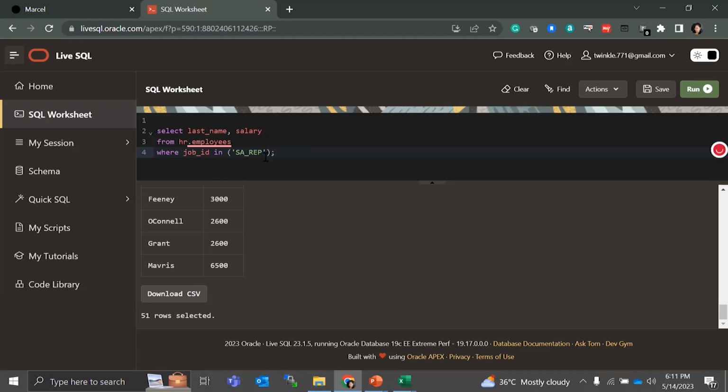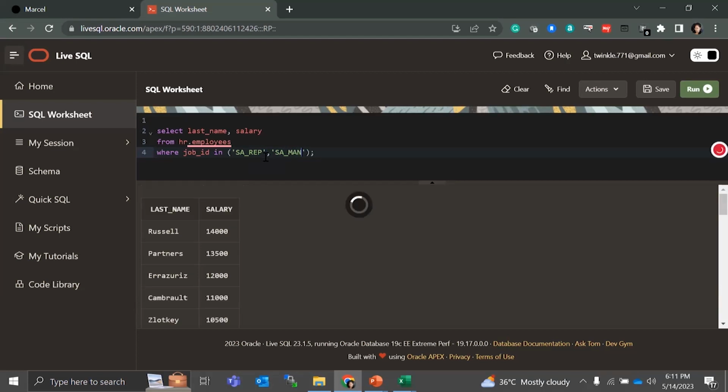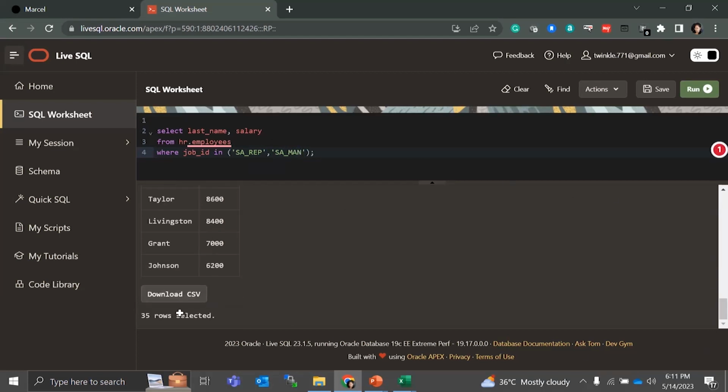Remember that case is important for us to see. Okay, 35 rows. See,